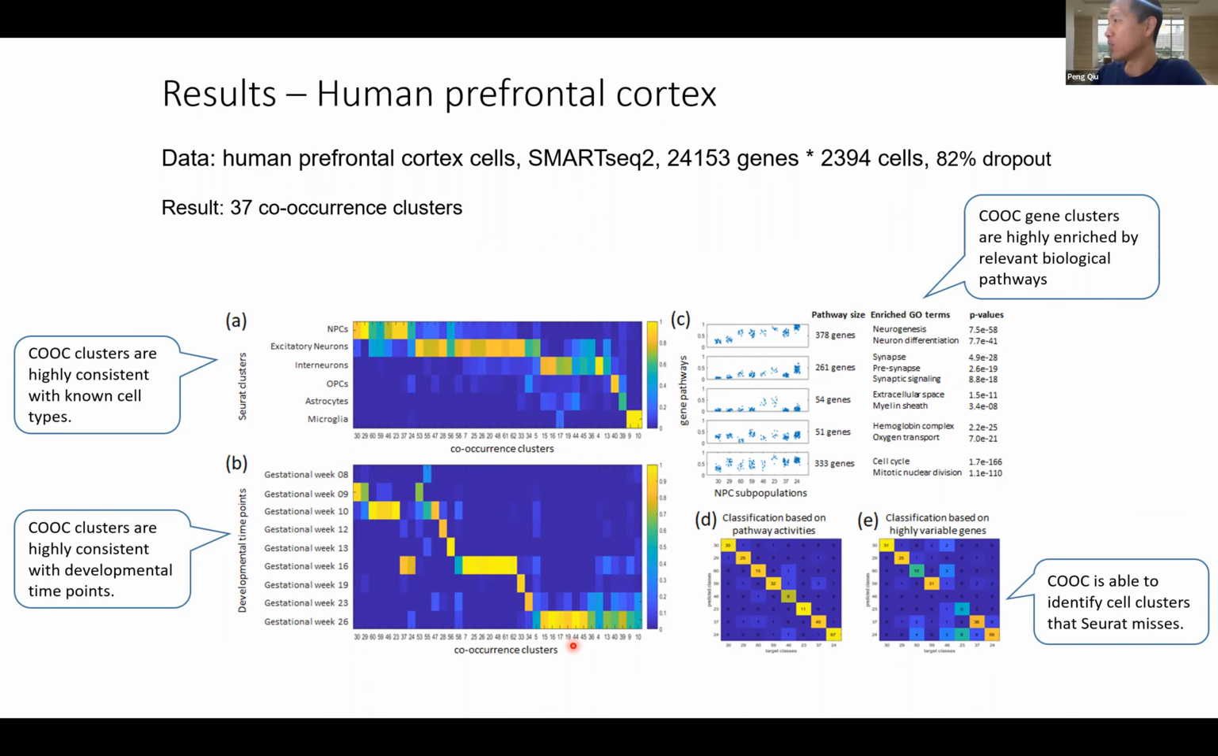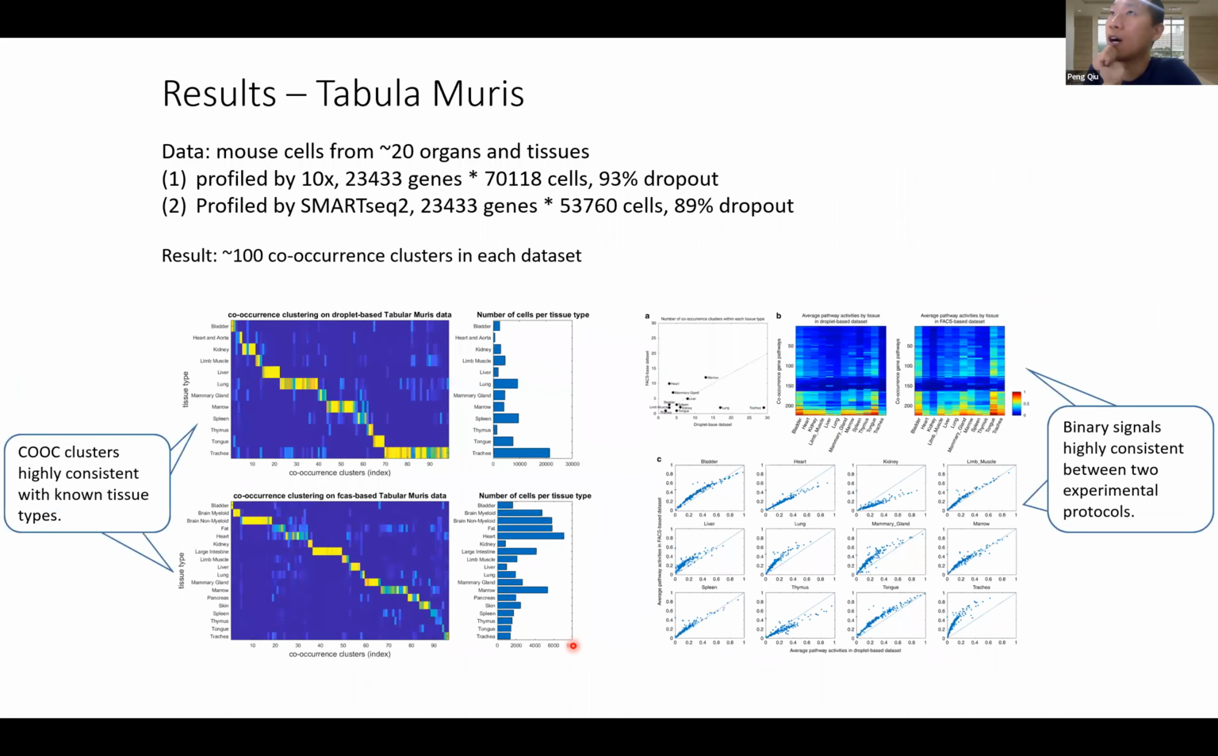All right. And here is one last result of co-occurrence clustering performed on the Tabula Muris data. This is a very large data set obtained from multiple mouse organs and profiled by two different techniques. One is 10x Genomics and the other is SmartSeq2. Now co-occurrence was applied to these two data sets separately, and we see some nice